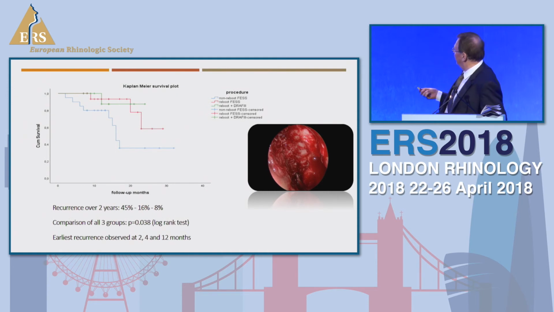And this is how it looks during surgery. You see the skull base, the orbital lamina. Everything is white at the end. No mucosa anymore. The alveolar recess in the maxillary sinus, the frontal sinus is open. If you want to see more, Dr. Al-Sharif will talk about that this afternoon. What also appeared is that not only the percentage of recurrence was different, but also the time at the earliest recurrence was clearly different between these three groups.